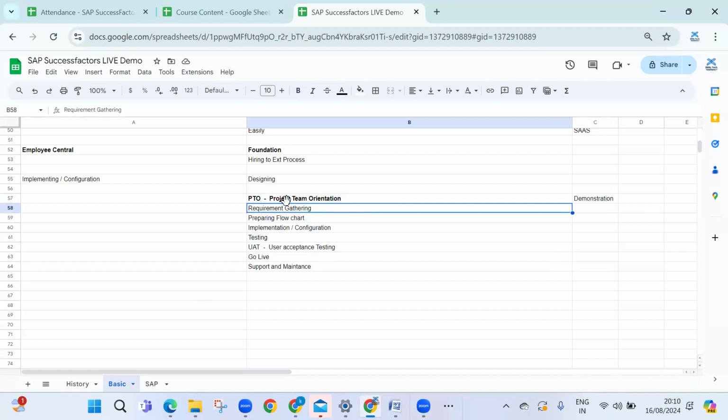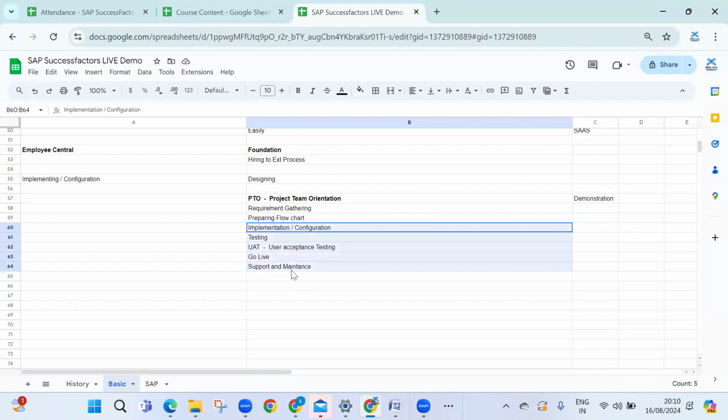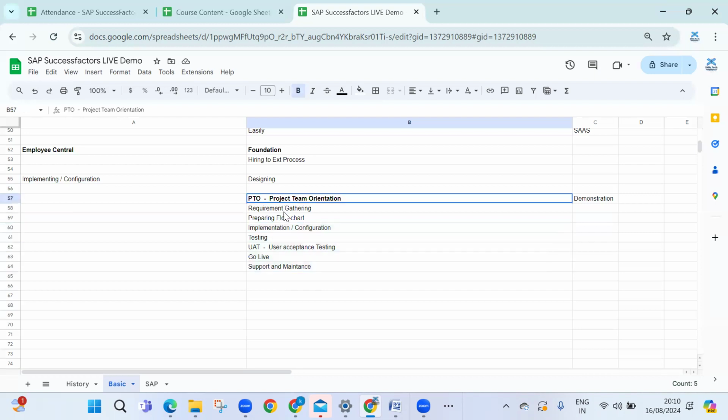The leads and architect explain the requirement and prepare the flow charts, and from there, as consultants, we work on whatever we get from the architects or lead consultants. It is not that as a fresher, once you complete your training, you will be involved from the start.